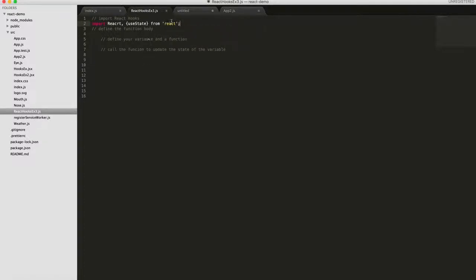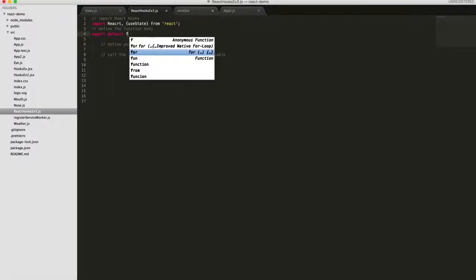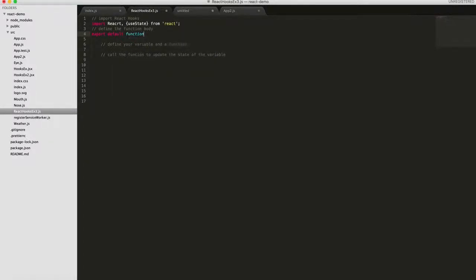So this is the first step. We import the useState. Now we define the function body, export default function, because that's what we want to export. The function, we call it hooksFun,